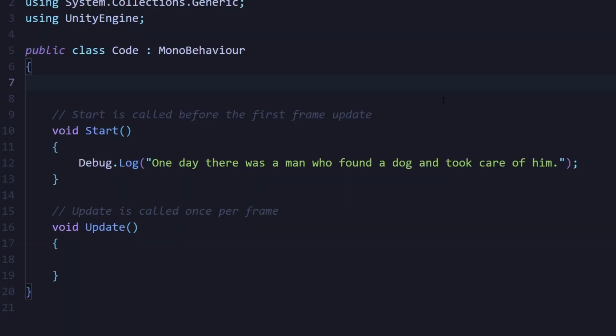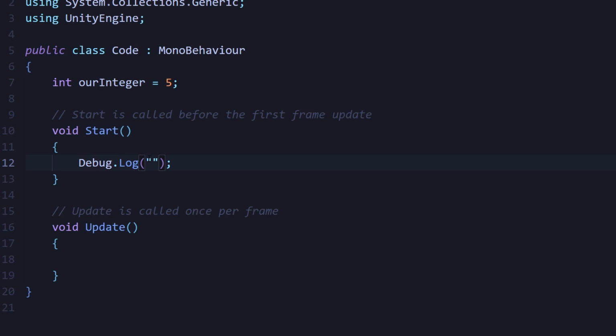Let's write a quick variable. We'll just say int our integer equals 5. What is this doing? It's basically setting a variable. So now whenever I type our integer, it is 5. Let's say we're saying how many people are in a party. People in party, the amount of people in the party, and let's say there's 10 people in the party. We can now say